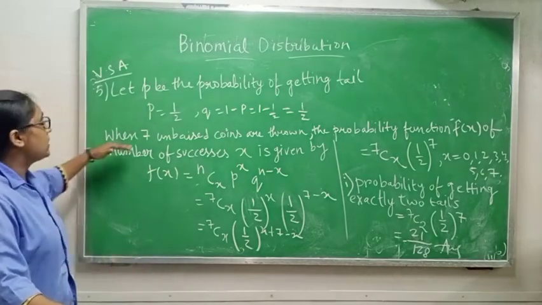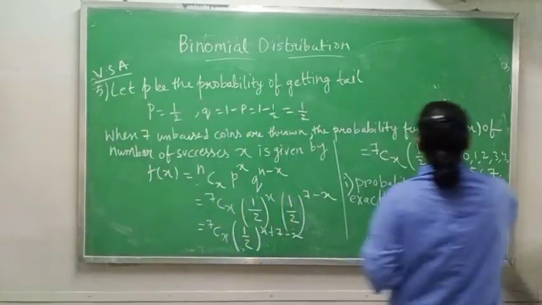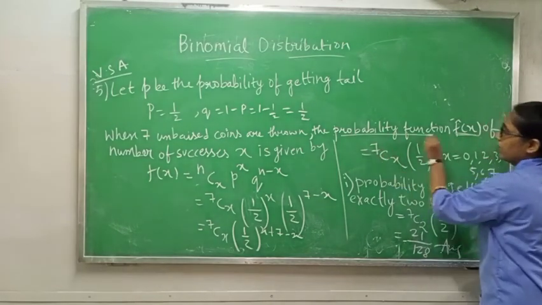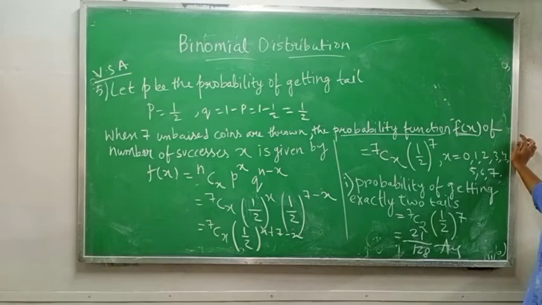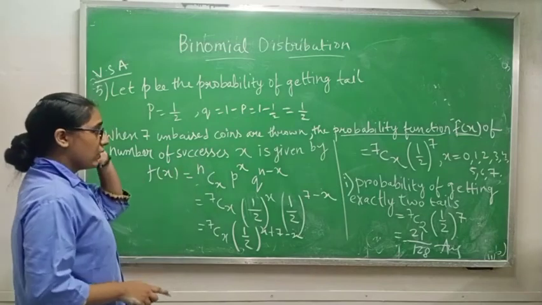Okay. Now when 7 unbiased coins are thrown, the probability function f(x). I told you that f(x) represents the probability function. And how many unbiased coins are thrown? 7 unbiased coins are thrown. The number of successes x is given by: